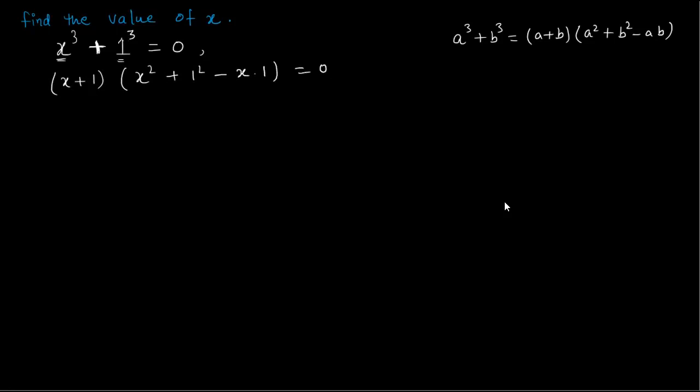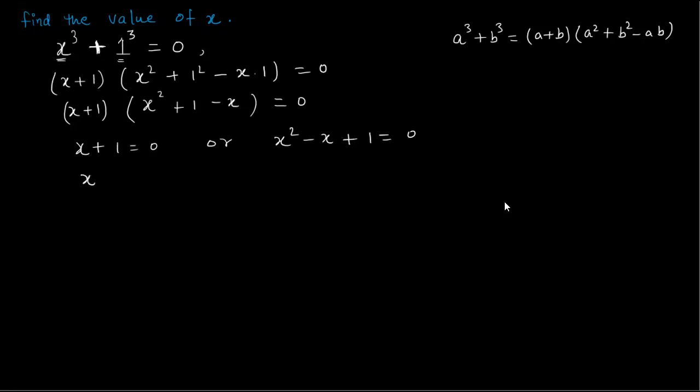As a result, we can simplify this. Since 1 square is 1, this can be written as x square plus 1 minus x. On this side is x plus 1 equals to 0. Since this product is 0, one of them should be equal to 0. So from here we get x plus 1 equals to 0, or we can rewrite this as x square minus x plus 1 equal to 0. From here we get x equals to negative 1,